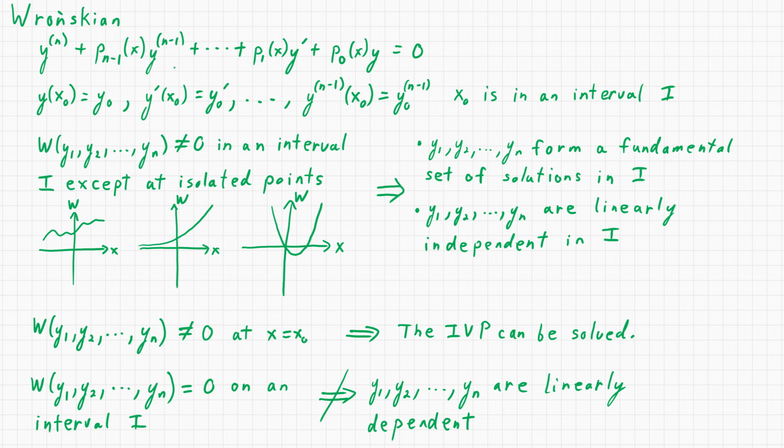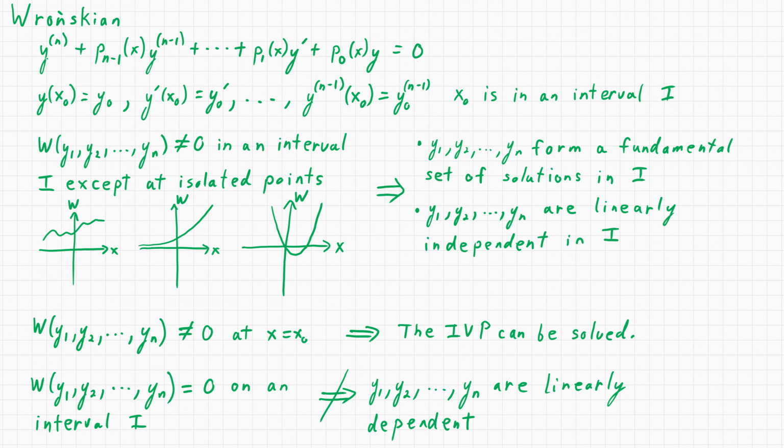These are the theorems for the Wronskian that we're going to discuss. So the first thing here, we have this nth order linear ordinary differential equation, homogeneous. Write the nth derivative of y plus some function p sub n minus 1 of x times the n minus 1th derivative of y plus dot dot dot, all the derivatives in between, plus p sub 1 of x with the first derivative y prime, plus p sub 0 of x times y with no derivatives, 0 derivatives,